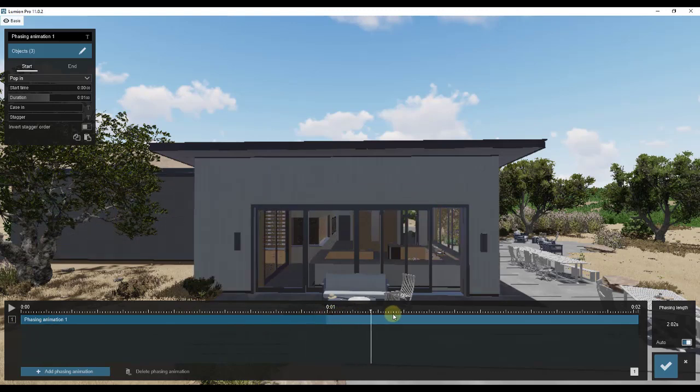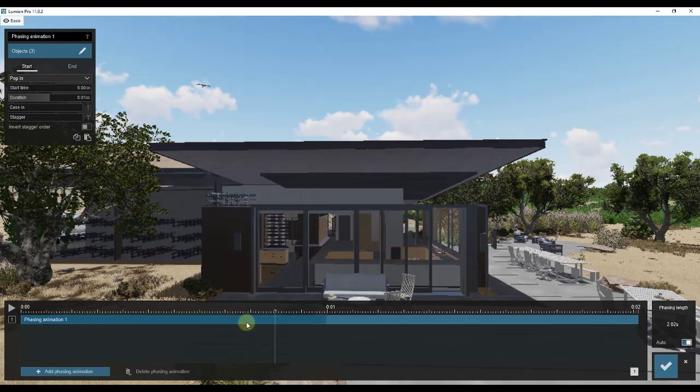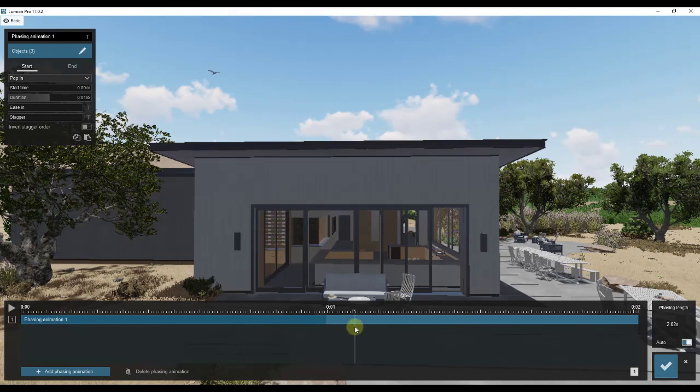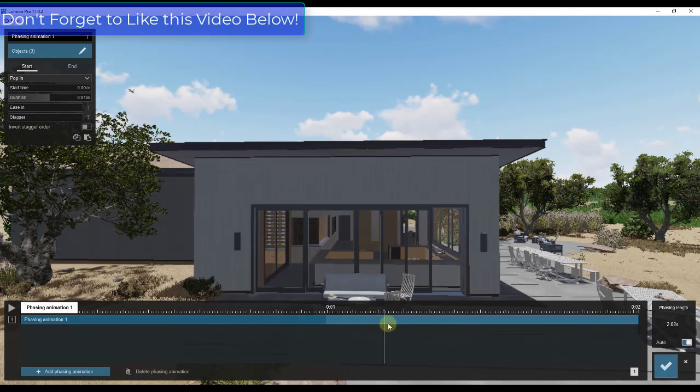And if you drag this to the right, the wall is in place. And so that, in the most general sense, is how we're going to set up these different animations. But now let's take a look at a couple of the effects that are available here.